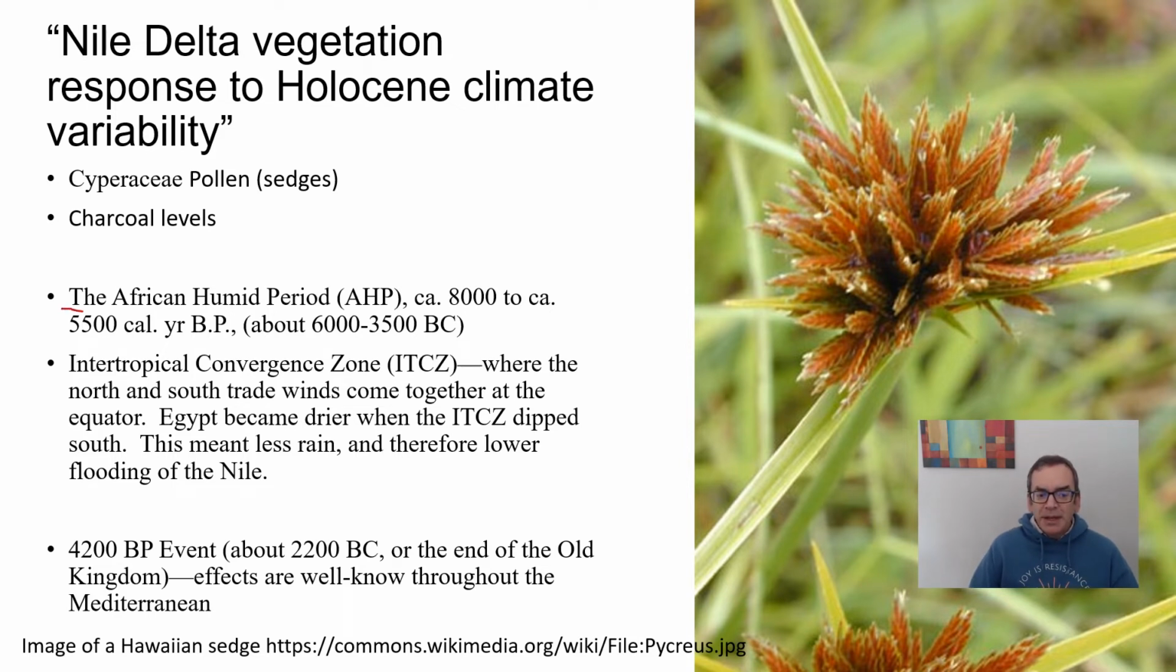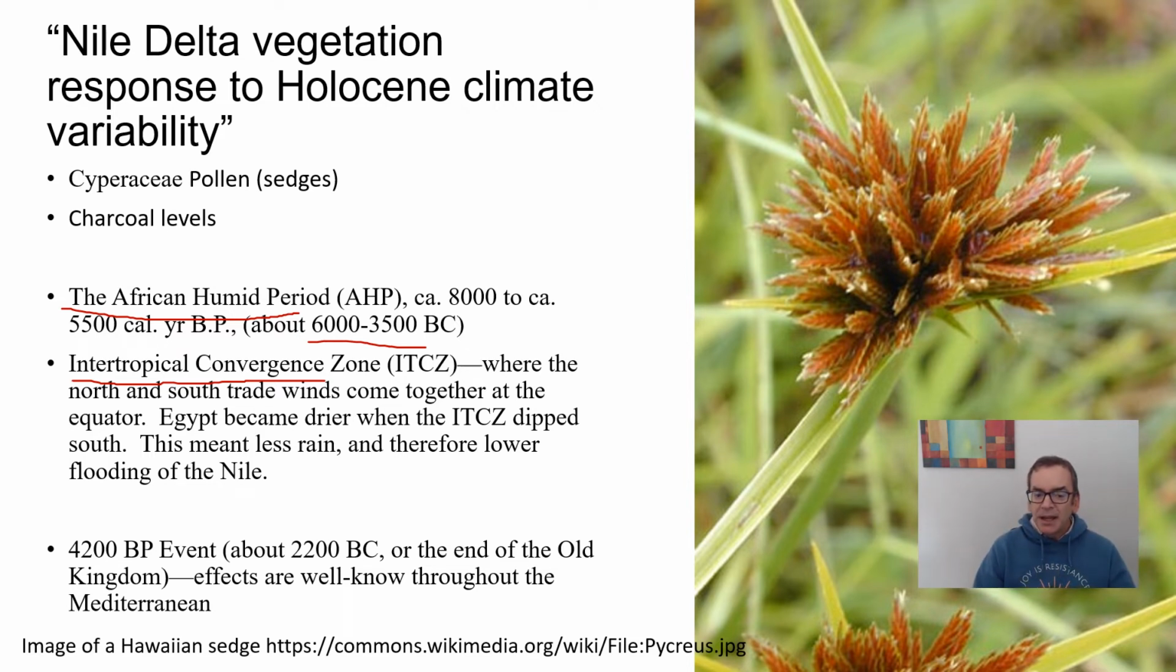At the very beginning of the class, I mentioned the African humid period, from about 6,000 to 3,500 BC, where it was wetter in ancient Egypt than it was a bit later. Now, one thing I didn't mention at that point is something called the Intertropical Convergence Zone, or the ITCZ. This is where the trade winds come together at the equator, and it really regulates weather in